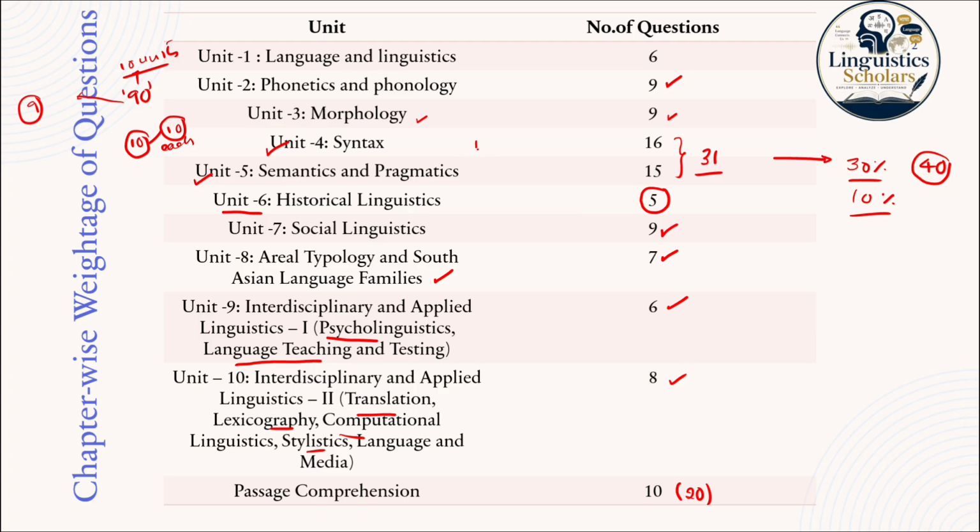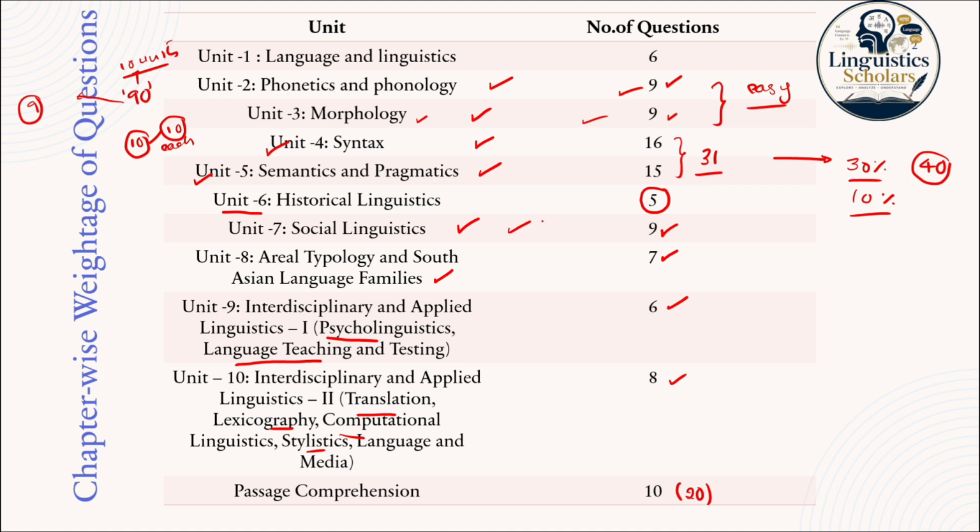So based on this pattern, we have to focus on the chapters of very high weightage. They are syntax, semantics and pragmatics, but weightage is not the only criterion. You also need to focus on the chapters which are as per the expectations. As you can see, phonetics and phonology, morphology and sociolinguistics are the 3 units which were asked as per the expected number of questions, and especially most of the questions from these units,